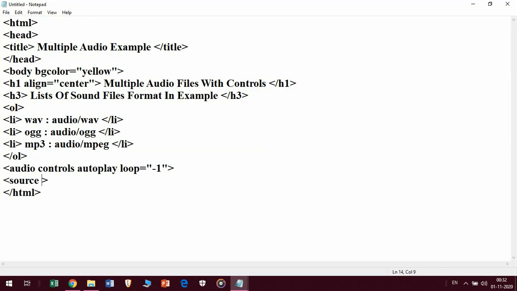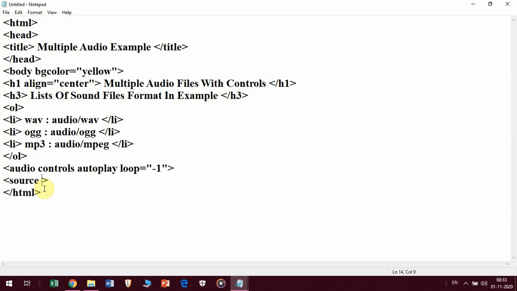The first audio file we are going to add is of type WAV. The second audio file we are going to add is OGG, and the third type of audio file that we are going to add is MP3. So for adding purpose, like the last video, similarly we are using the source attribute.